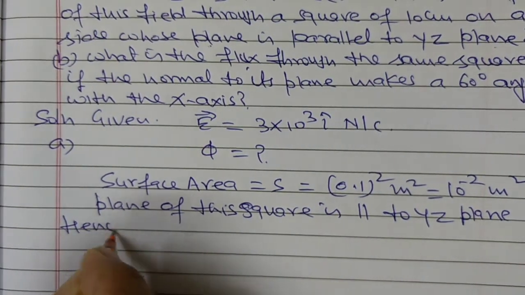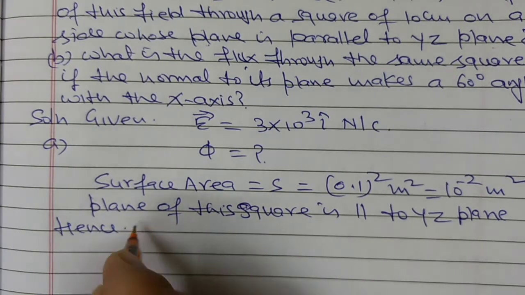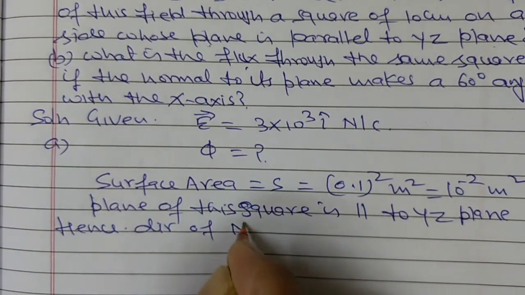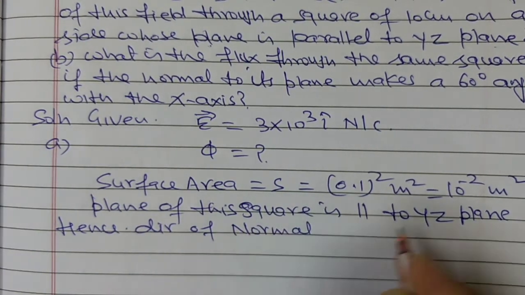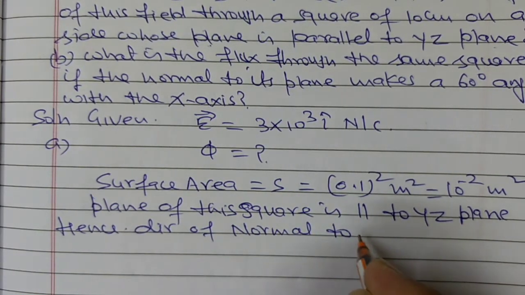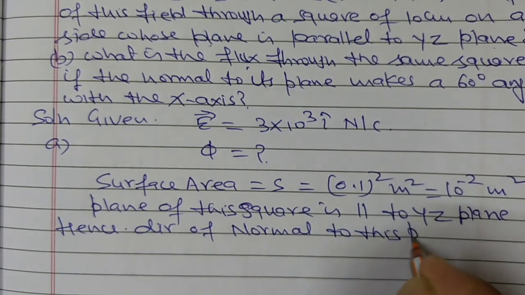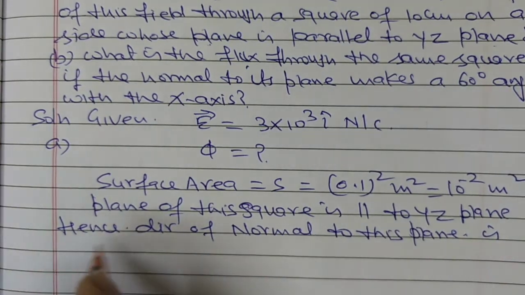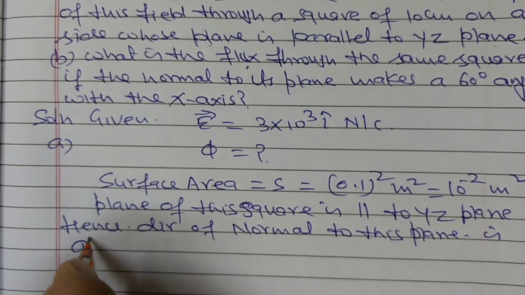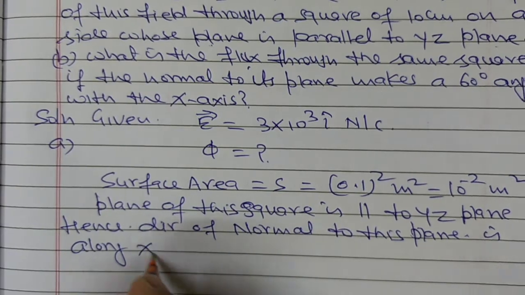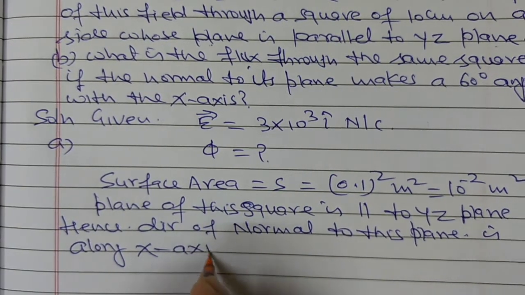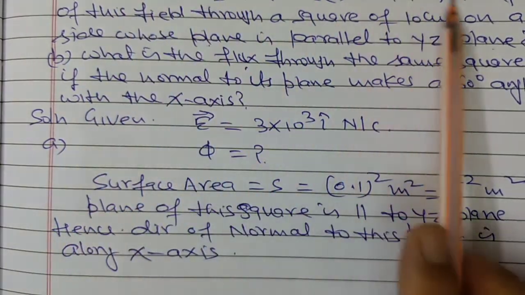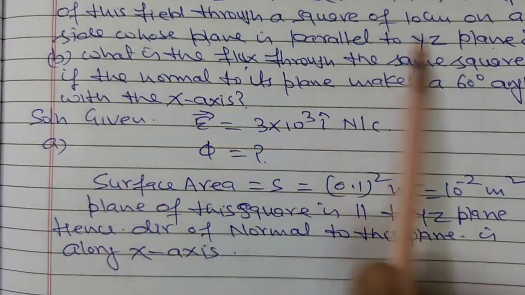Hence, we can say that the direction of normal to this plane is along x-axis, positive x-axis, right? Suppose this is square plane here, and this is placed in